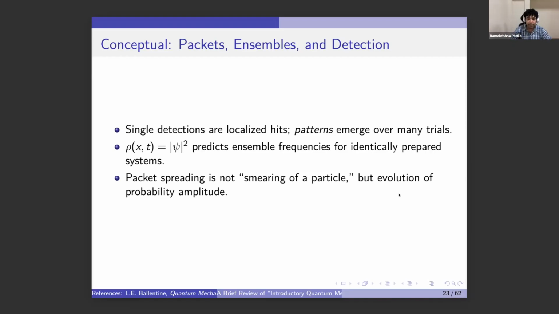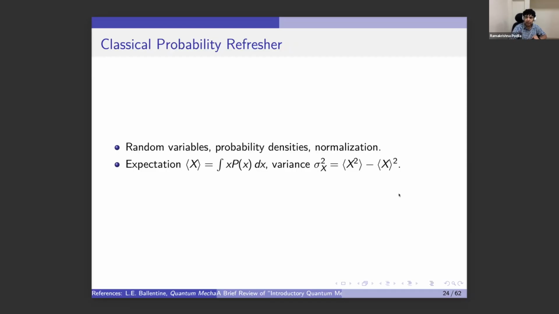So for this, we come up with the second postulate. Before we go to the second postulate, a quick probability refresher: we can define a probability density function, PDF, and we can calculate the mean or average, what we usually call in quantum mechanics expectation values. So we can compute the expectation values if we know the probability distribution p of x. So x p of x is